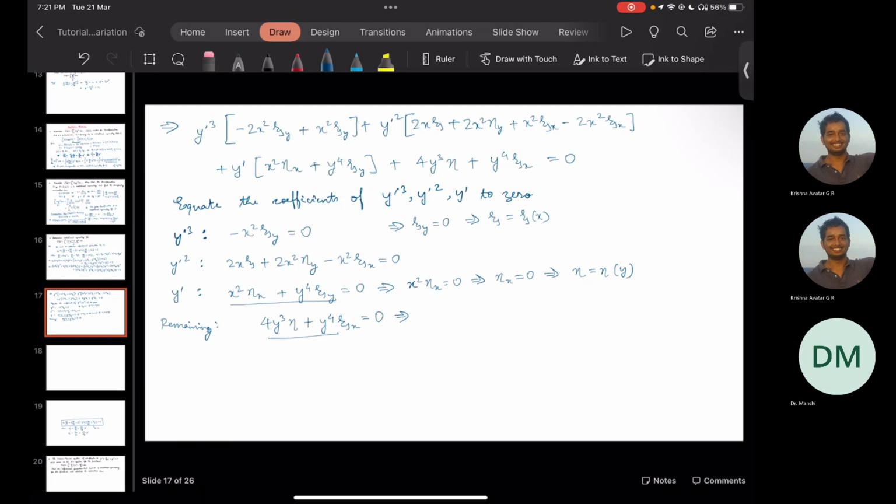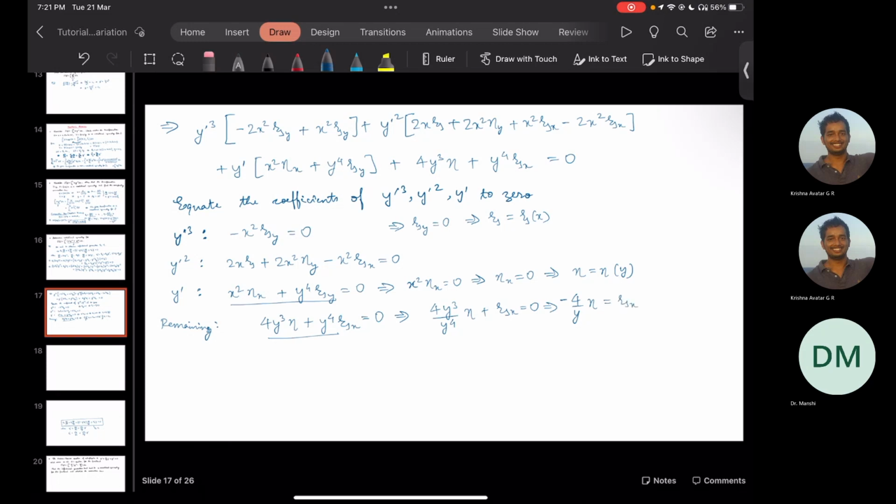What we do is let's divide throughout by y to the power 4, so that we have 4 by y eta plus xi x is equal to, I can just write this equation as, minus, is equal to,